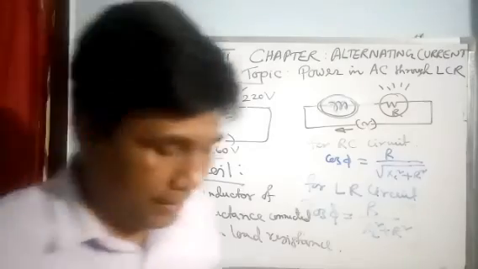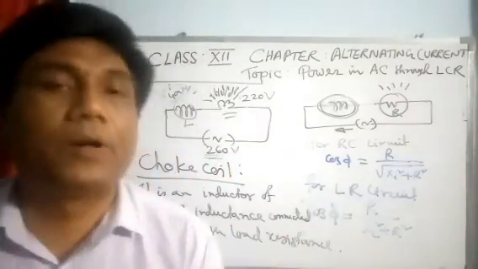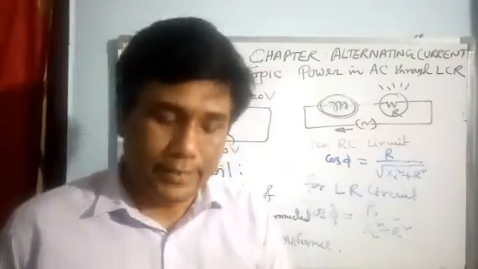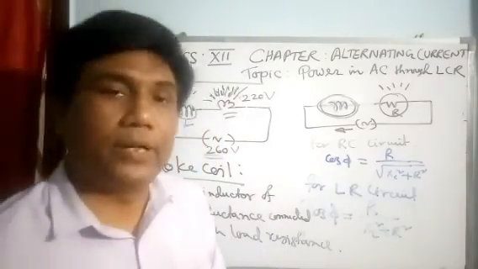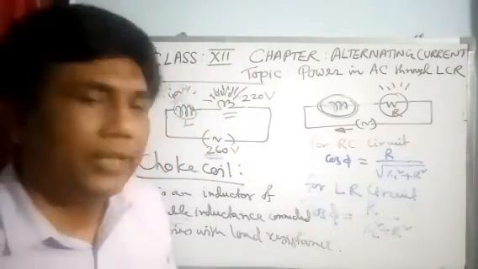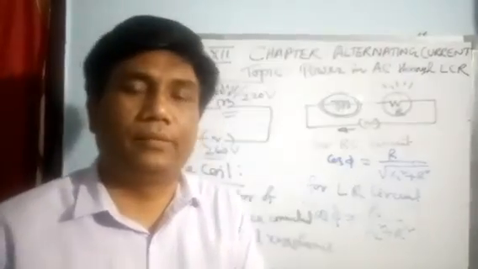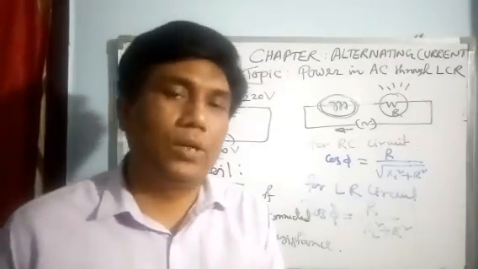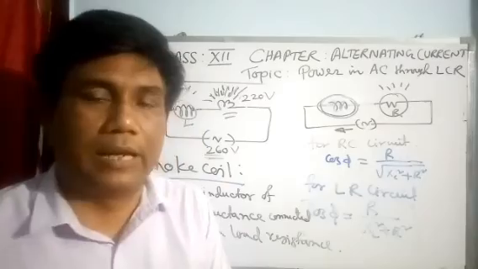Good. This is the simple thing of the average power of an AC circuit through an LCR in series. We have discussed different conditions also. If required, you just rewind the video and see once more and try to solve all the problems related to it.